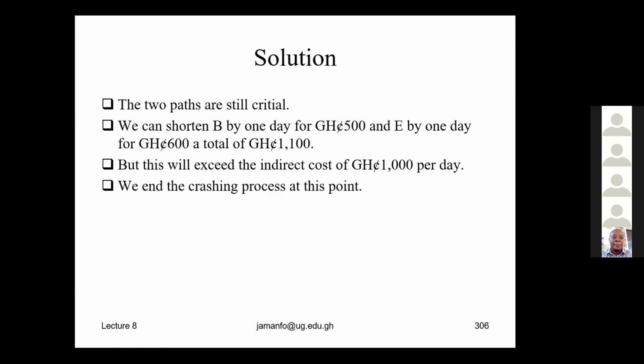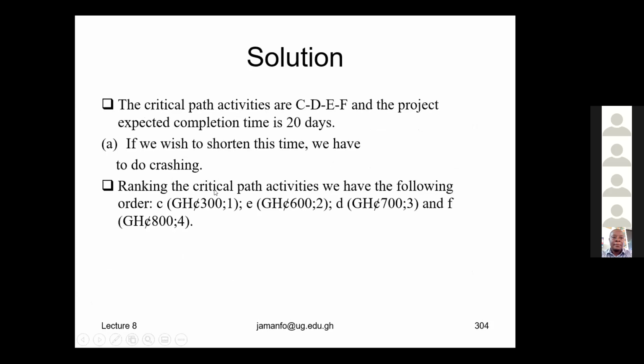That is why we do this ranking of the critical path activities and the crashing cost per day. So you see, C can be crashed for 1 day at the cost of 300. E can be crashed for 2 days at the cost of 600 per day. D can be crashed for 3 days at the cost of 700 per day. And F can be crashed for